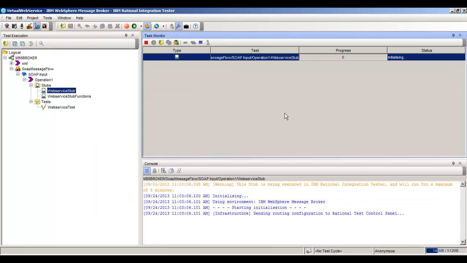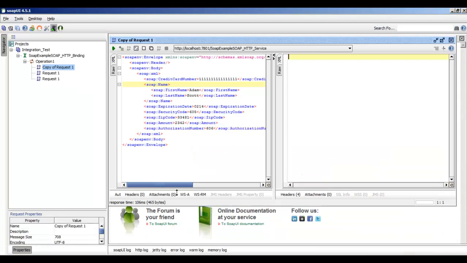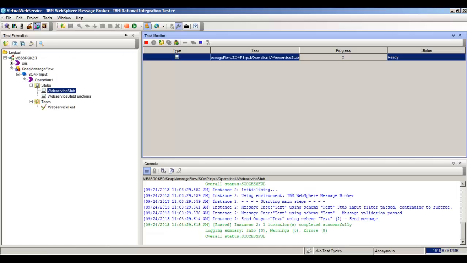The way that the stub is working right now, it's always going to give us the same response, because it's a hard-coded stub, so it's just going to send us the response that we coded it with. But we're going to use this video to add in different logic to it. So we'll run a test on here, and we'll see that we're not even getting the right credit card number back. It's always authorized no matter what the security code is, even if it's the wrong one or the right one. So it doesn't give us an unauthorized response. What we're going to do in this video is show you how to make this work correctly for any input. So we're going to go back into the stub,